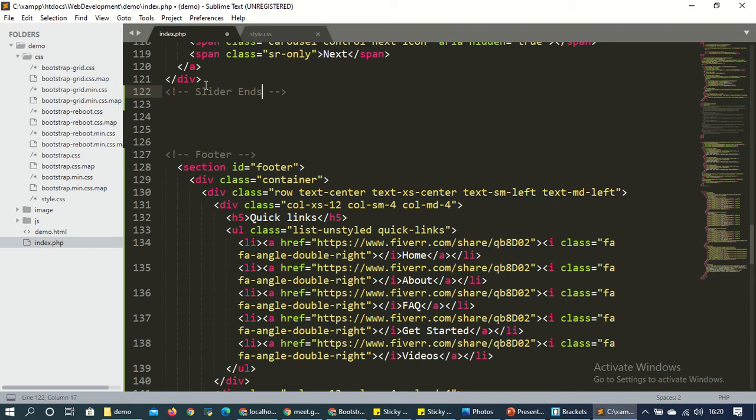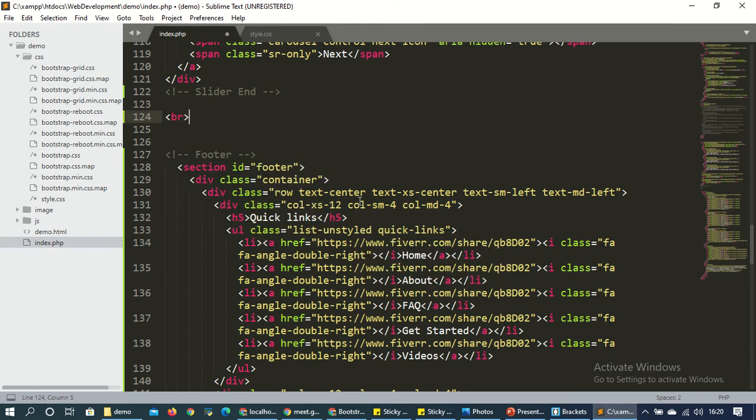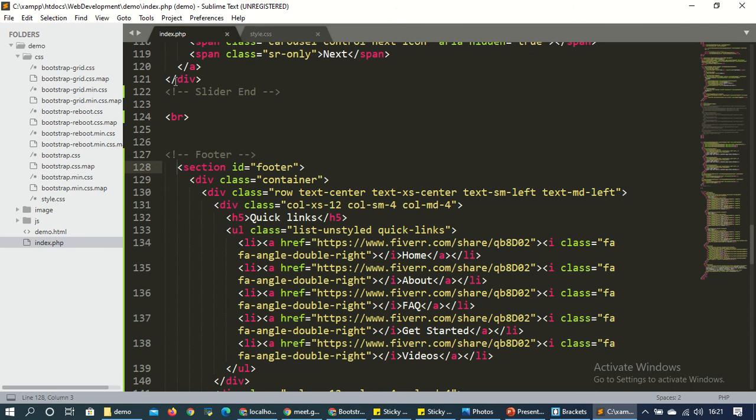Whatever we have, if you want to insert an image, some content, some text, you can write here. This is the body. This all are in body, but this is for the footer section, and these are for slider. And on the top of the slider, we have used navbar.